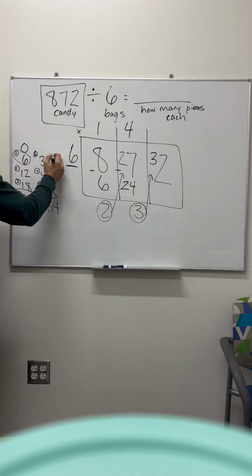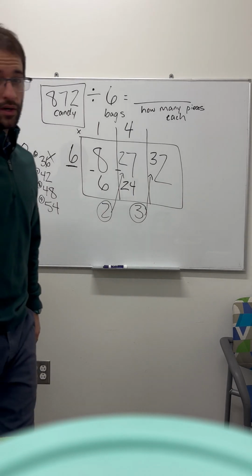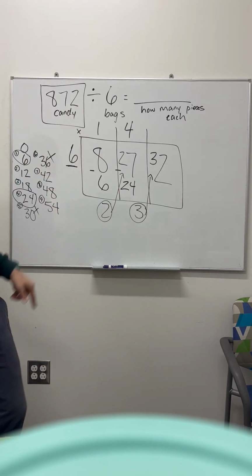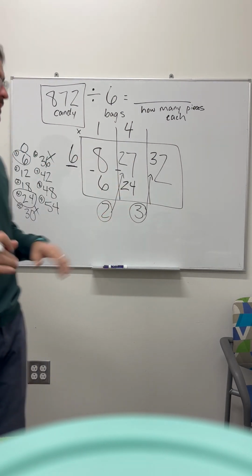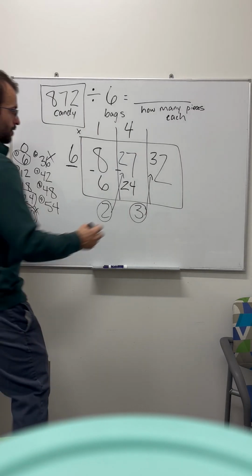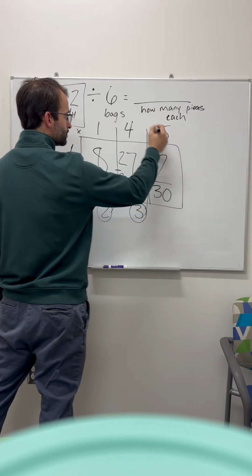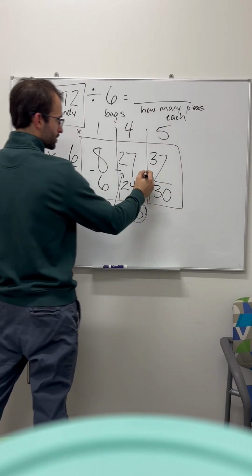Oh, 36 is too much. Remember, we can't go over, even if it's only 1 over. So even if this was 33 and it was so close but 1 over, we still cannot pick it. So now I'm gonna pick this one right here, which was 30. So 30, which is 5 skip counts, subtract